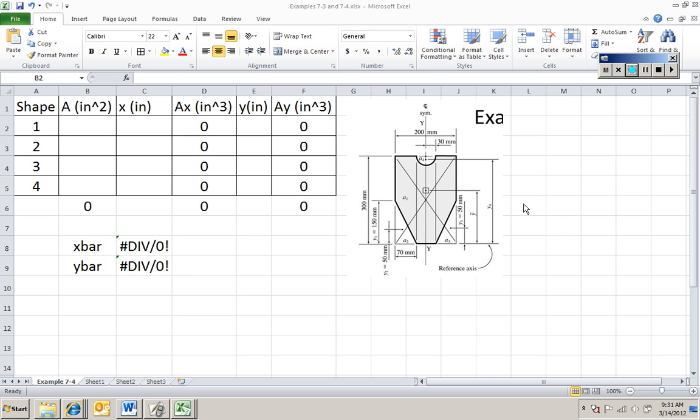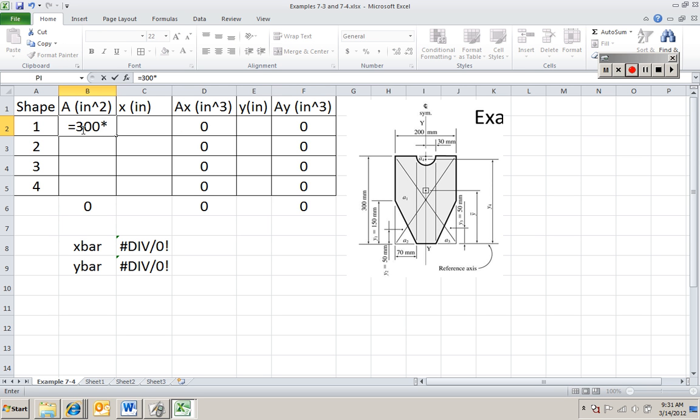Okay, so this is the next example. Again, we're dealing with a flat plate that's homogeneous, so we're going to say that the weight's proportional to the area, and this is made up of 4 pieces. The large overall rectangle, there are 2 triangles, here's part 2, here's part 3, and then there is a semicircle. So as you're looking at this, the area of this is going to be equal to 300